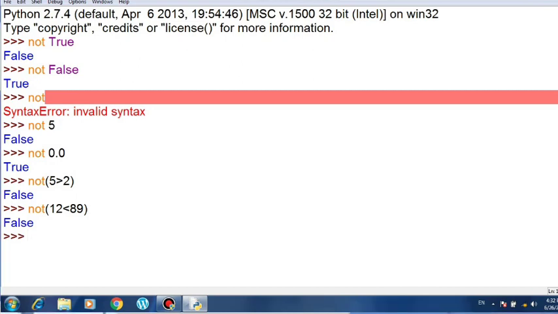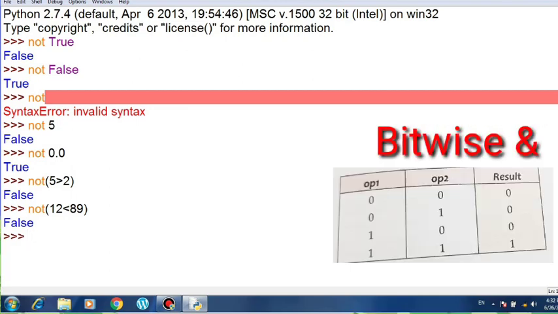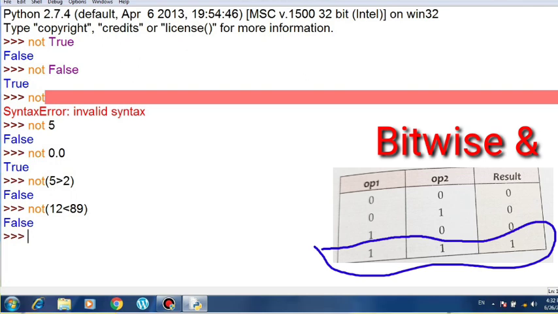Now moving forward, there are the bitwise AND and inclusive OR operators. For the bitwise AND operator, when both values are 0, it will give you the answer 0. It means both values are false, so it gives false. Both values need to be true for it to give true.